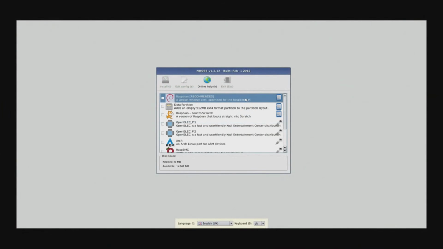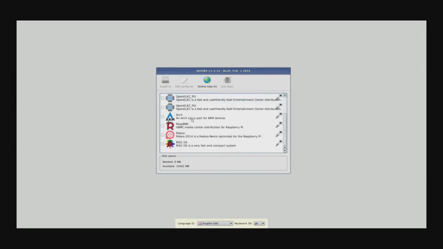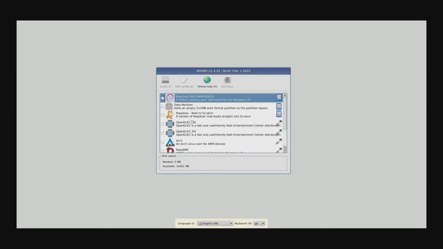Okay, so I've transplanted the micro SD card into my Raspberry Pi 2, and I've hooked up a USB mouse and keyboard, wireless actually via a little USB dongle, which as you can see has been detected automatically. Now when the NOOBS installer first loads up, a couple of seconds after it's partitioned the SD card for you, you'll be greeted with this little list of options of available operating systems that you can install from the NOOBS